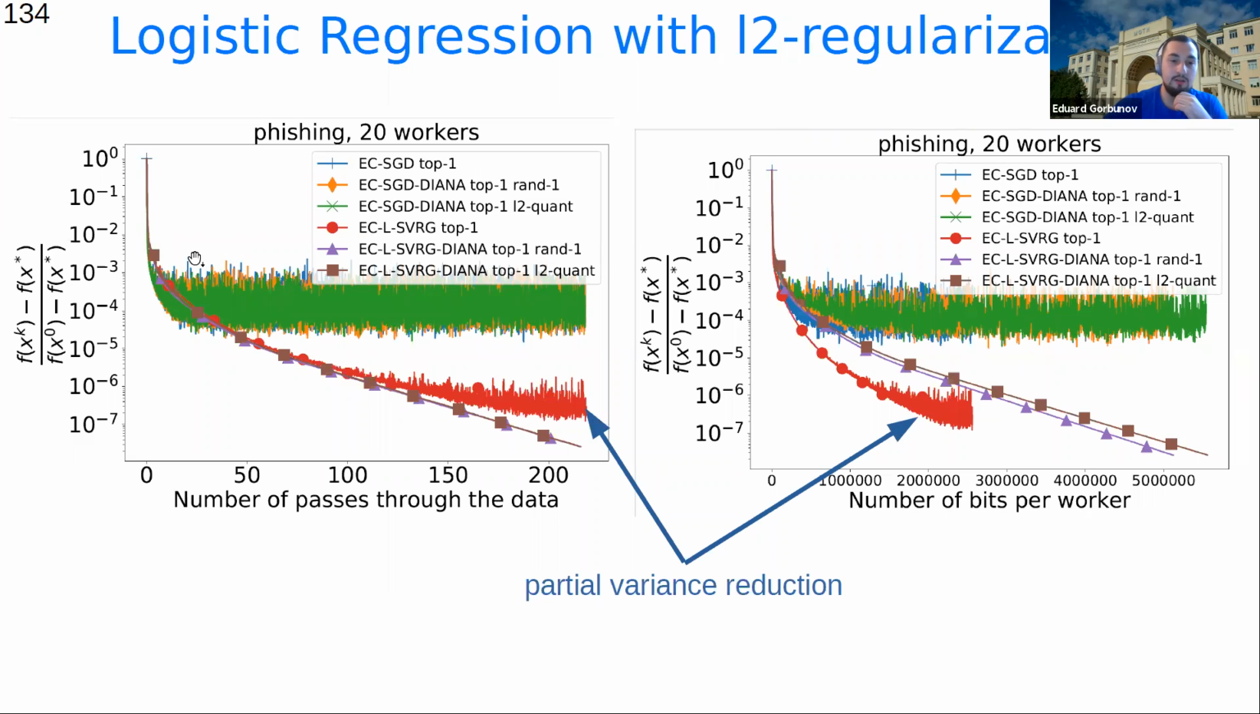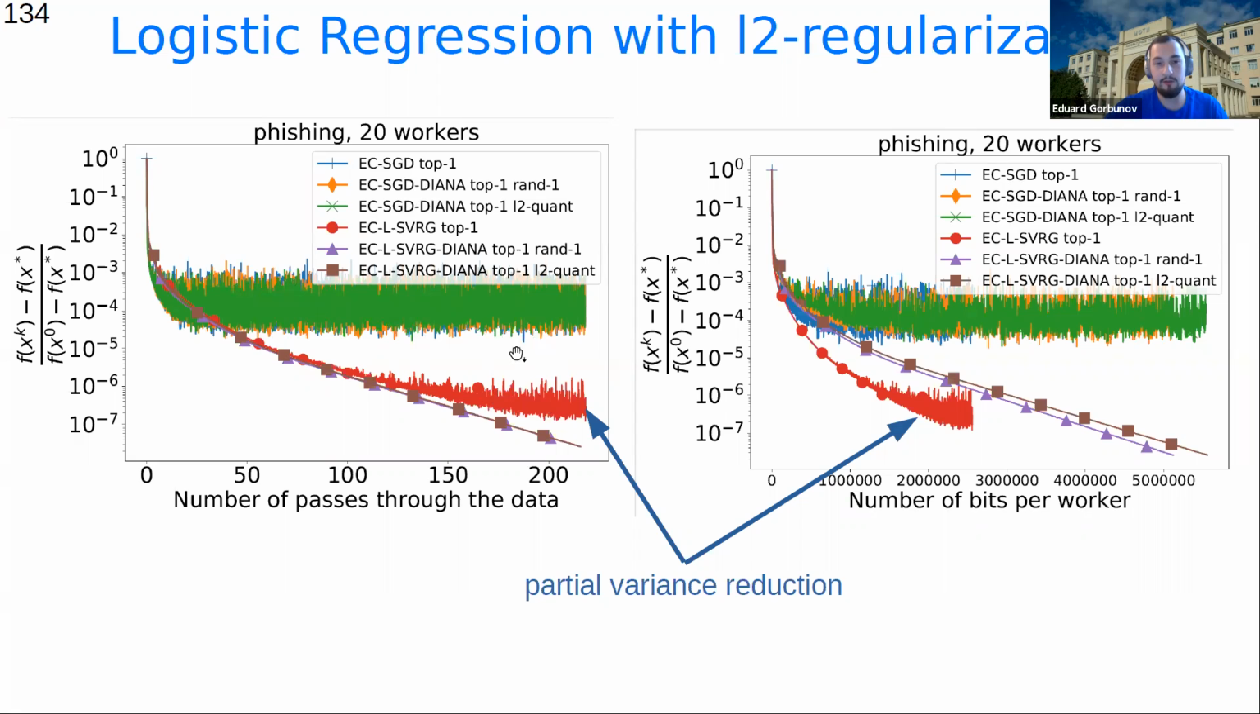So error-compensated SGD and error-compensated SGD-DIANA with different quantization operators, they stop to converge earlier because the noise coming from the stochasticity of the gradients dominates in this particular example. It dominates the noise coming from compressions, and therefore, since these three methods do not use variance reduction in a classical sense, they stop earlier and